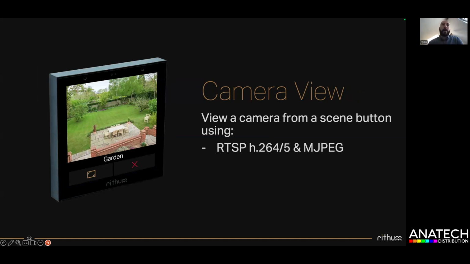Additionally, we have our camera view, which allows users to select a video stream on the fly and view that stream. So they can step through their CCTV cameras and view them. Not really much more to say on that, but that's also new and is being launched alongside our